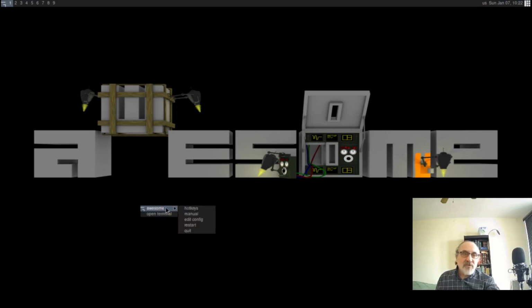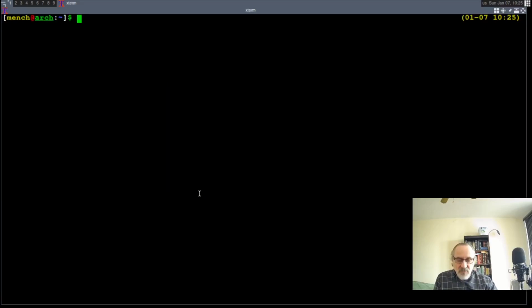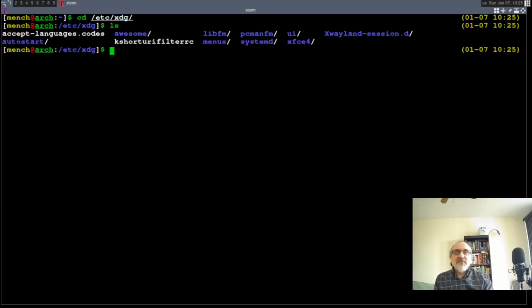So this menu is bare bones, hardly anything in it. The bar is at the top instead of the bottom, and it's really small. And it also has this icon here. And what's this icon? So what I'm going to do is open a terminal, and I'm going to cd into etc xdg. Okay, let's ls it. Let's cd into Awesome. And you know what? You shouldn't be changing the Awesome configuration in here. And what I'm going to do is copy the default Awesome folder and everything in it into